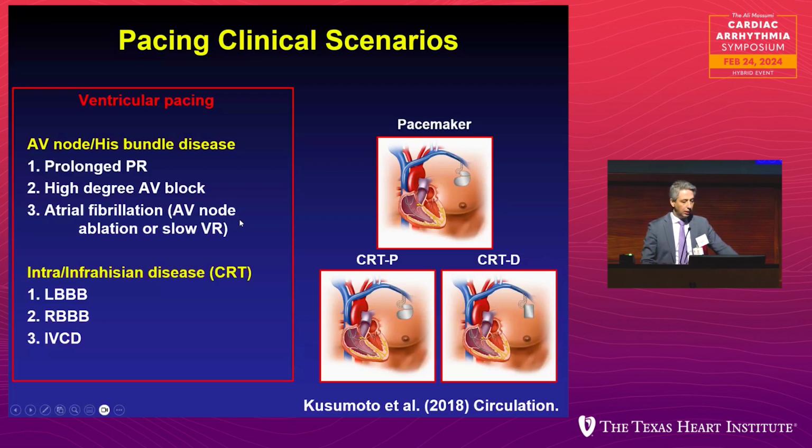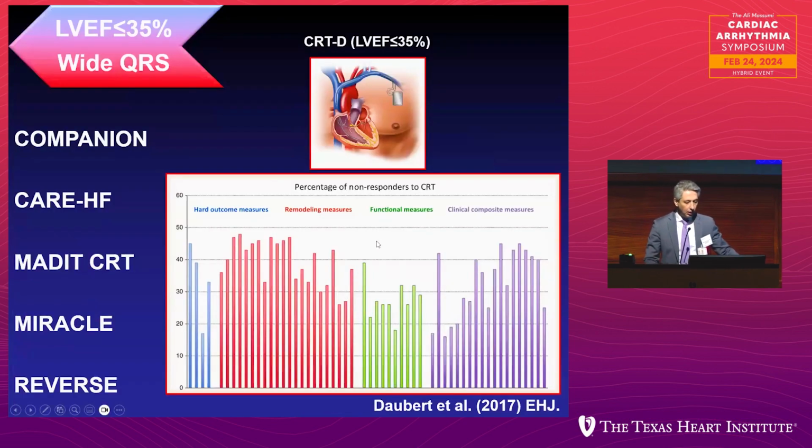So again, depending on the level of disease as well as the ejection fraction, you may use either a pacemaker or cardiac resynchronization therapy. Let's review briefly the data and the limitations of standard pacing strategies. We know from multiple randomized clinical trials done in over 8,500 patients that biventricular pacing improves survival,